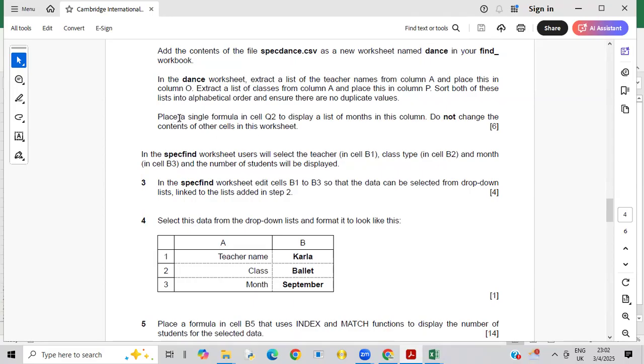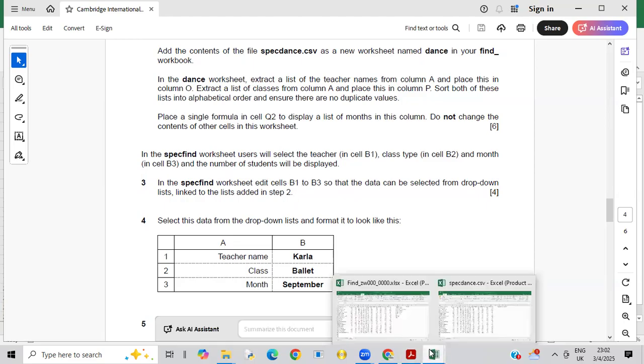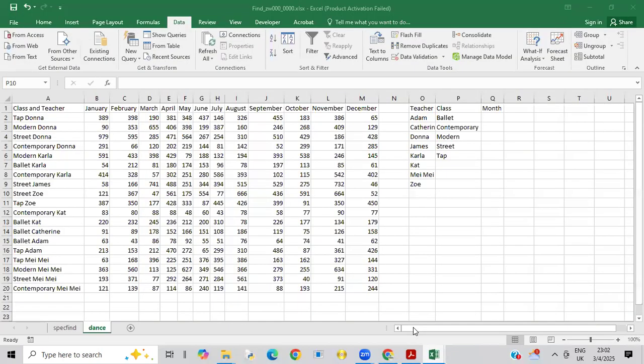Okay, so we want to place a single formula in cell Q2 to display the list of months in this column. Do not change the contents of the cells in this worksheet, right? So we are going to go to our worksheet, our find, right? So we want to put our months there, right? So these are the months that we have, right? So the function that we are supposed to use is